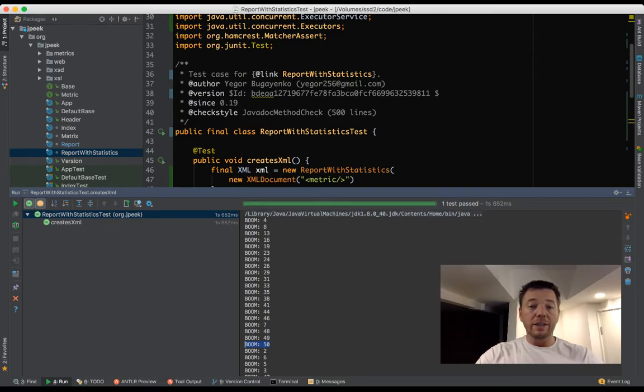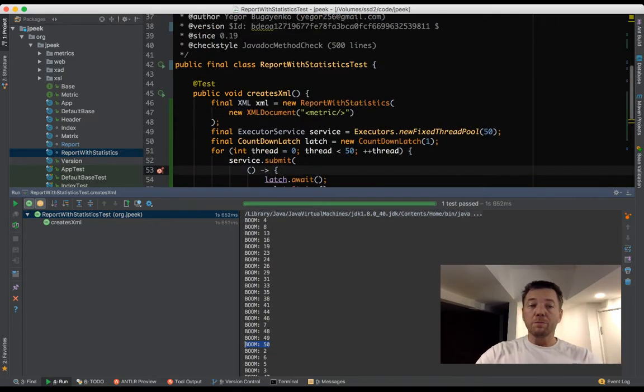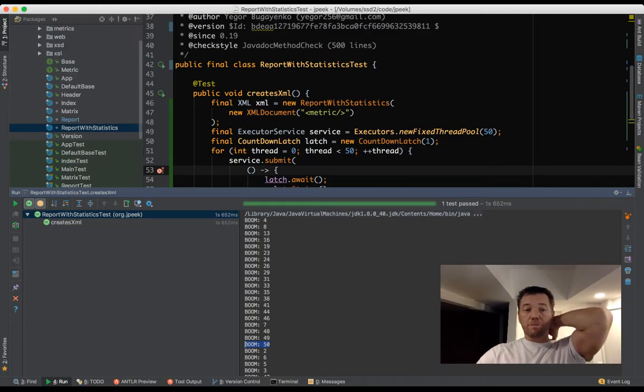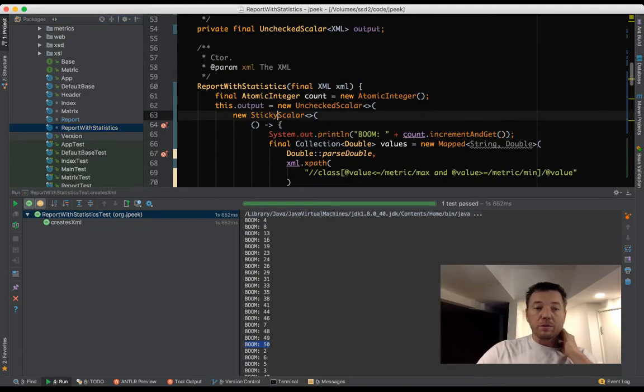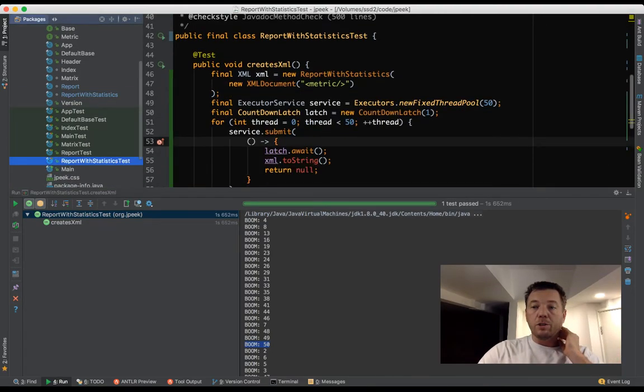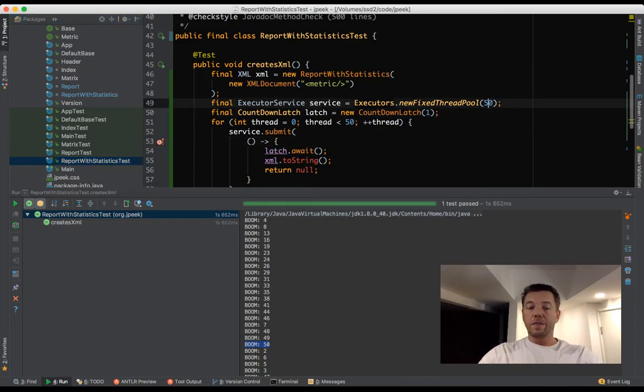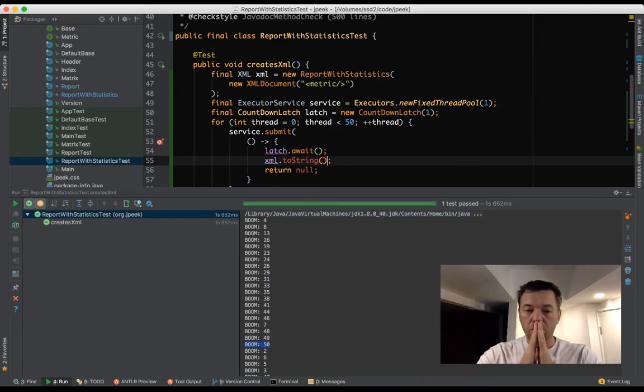Even though we use a sticky scalar, called from multiple threads, it doesn't work. Even though we want it to be called just once, from multiple threads, it doesn't work. Let me show you. If I put just one thread in here, then we will see this boom only once, even though we're going to call it 50 times. Let's run it. I predict that we're going to see the boom line only once,